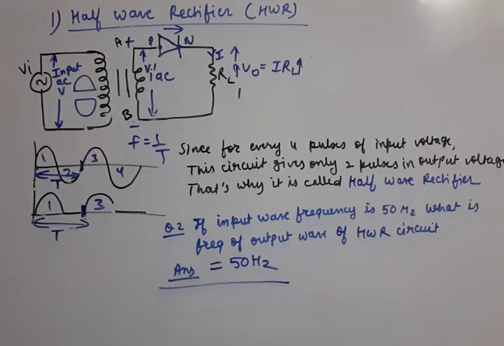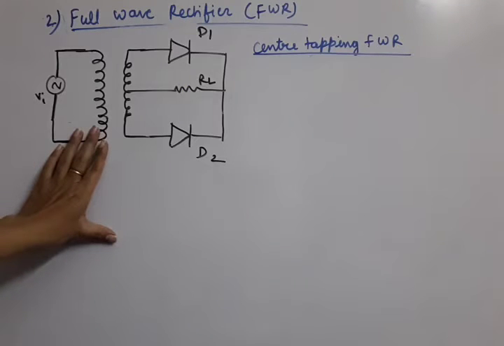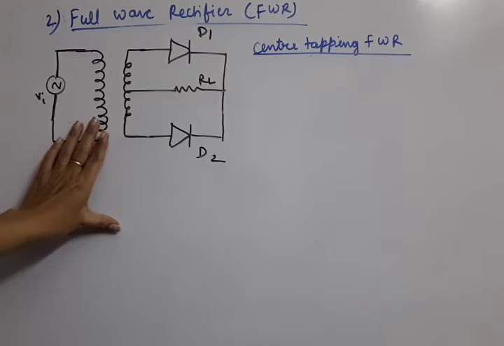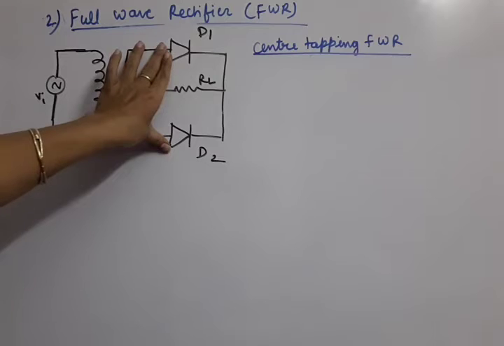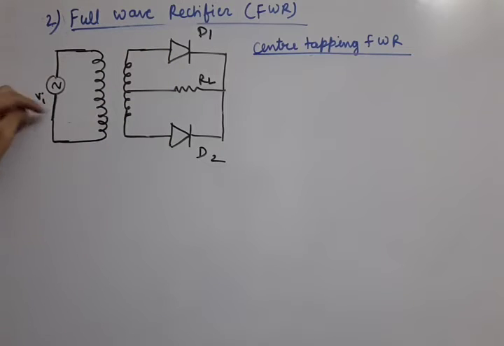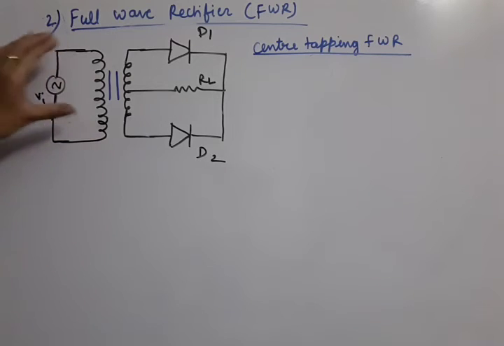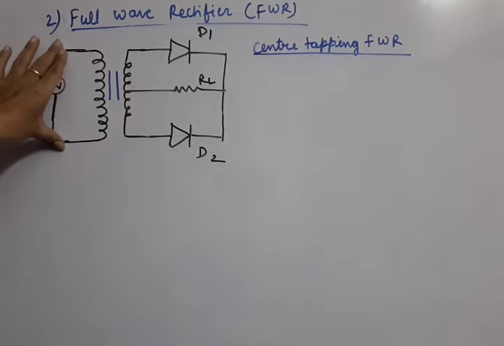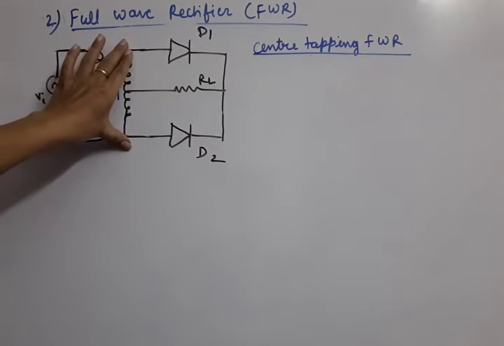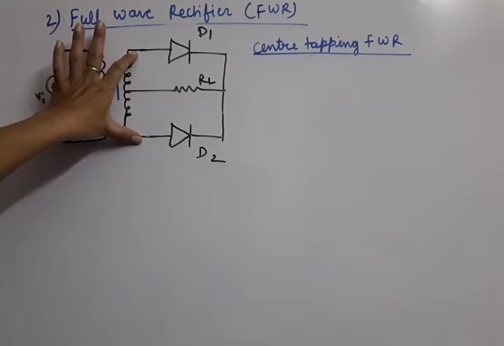Okay. Now we will understand the full wave rectifier. Here is the circuit diagram for the full wave rectifier. As you can see, now two diodes are used. This is a similar circuit. Here is the AC voltage, which is a high AC voltage. First of all, we need a step down transformer, in which these two lines always show the mutual induction. So first of all, a high AC input voltage we are applying to a step down transformer, and it is reducing the voltage across.